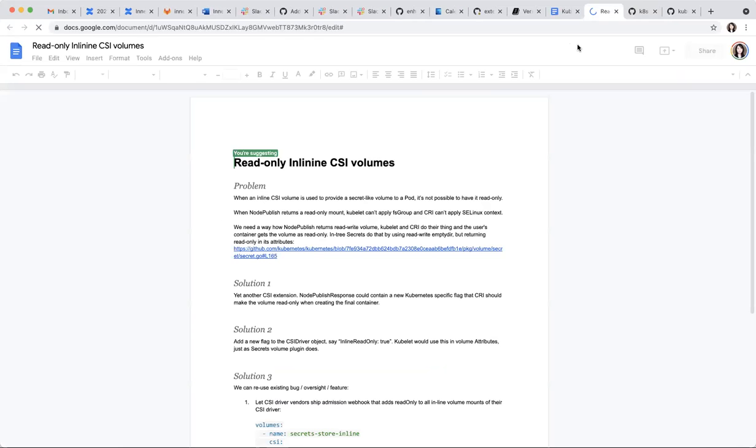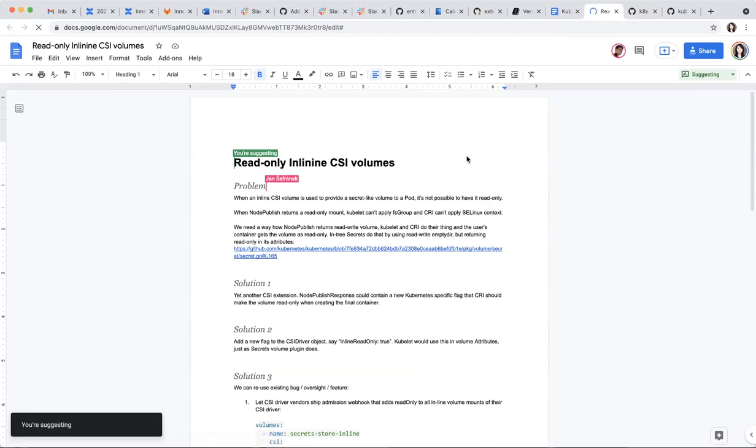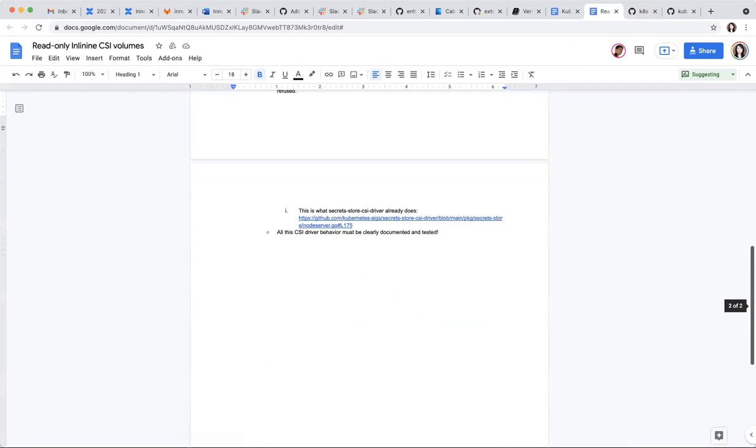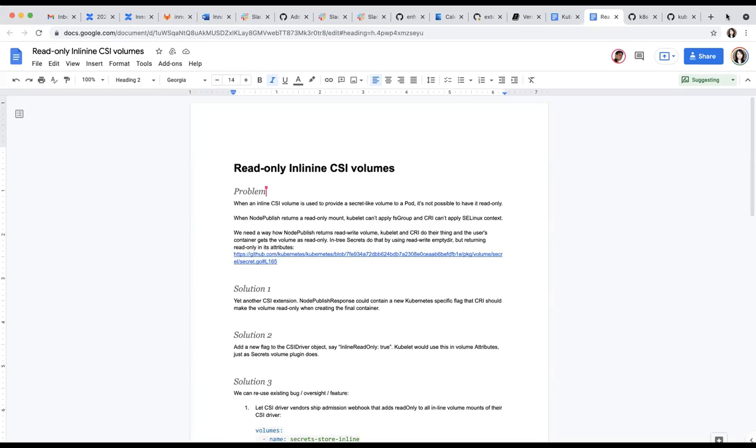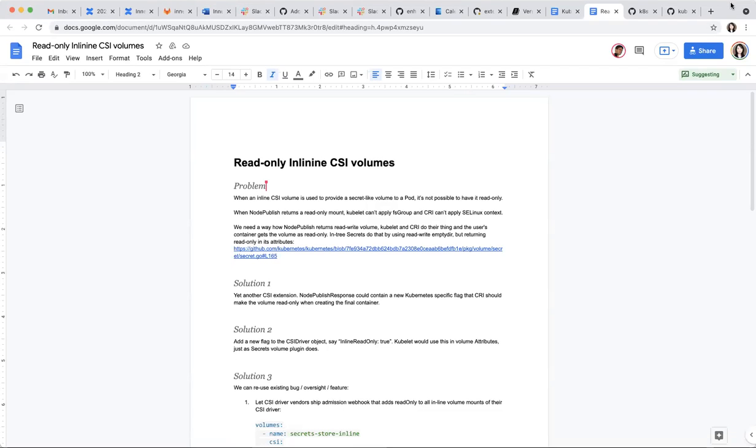There's someone sending email on the SIG storage. Oh, maybe this is not the same. I don't follow the secret storage. Maybe I should, oh, because maybe they must have solved it somehow. This is your document. You wrote this up. Yeah, definitely. Oh, then that's a different one. I thought there was something else. Maybe somebody says he talked to you. Okay, that's interesting. So why don't you go ahead and talk?